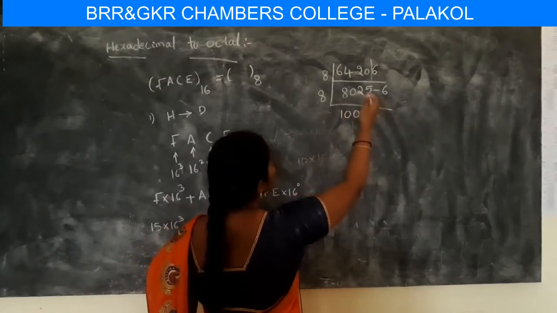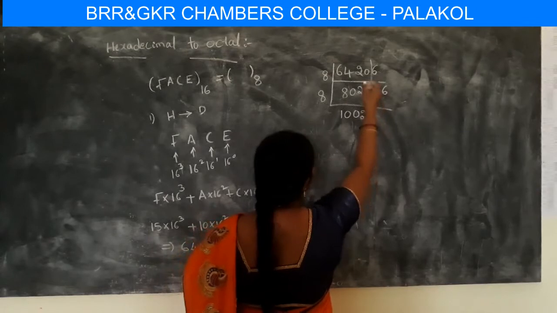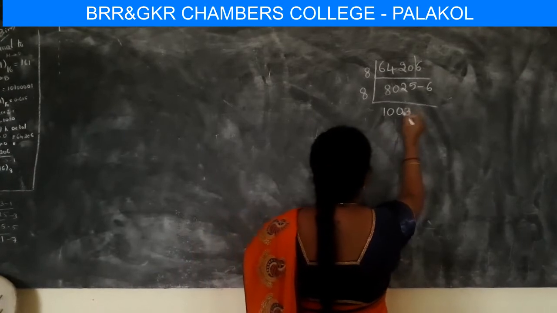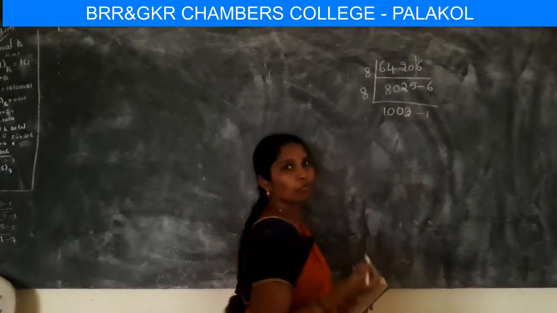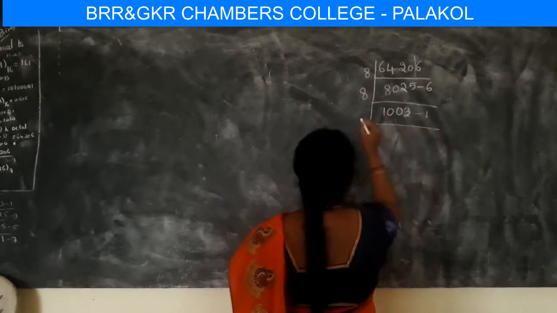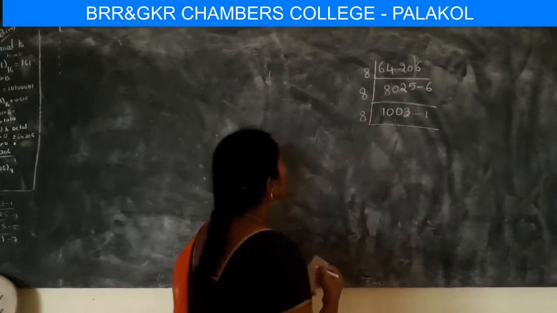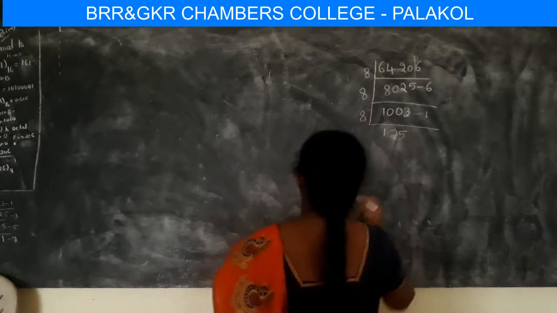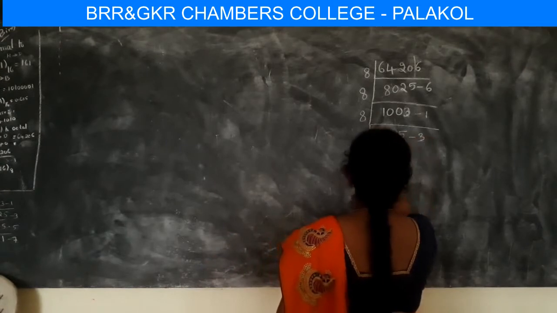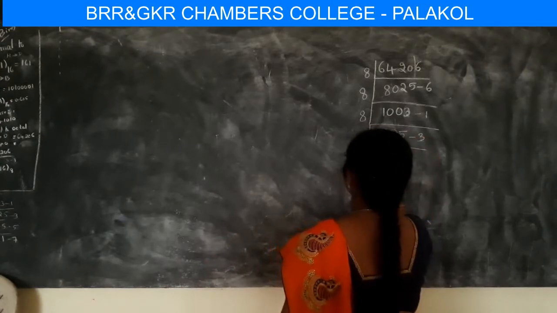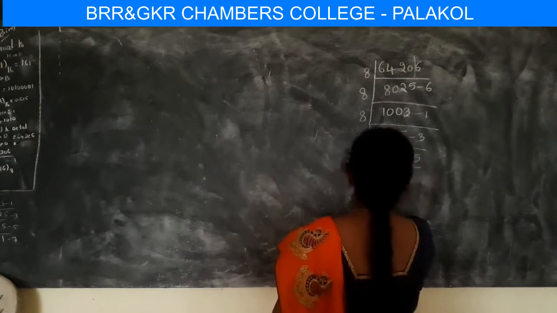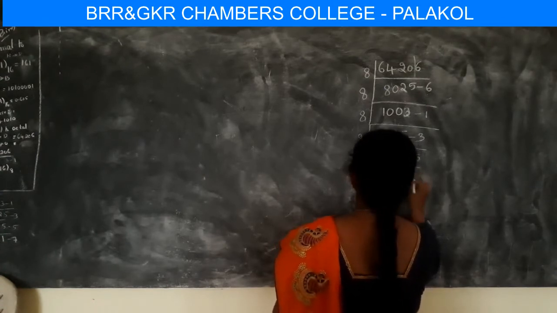So, here the 9 is there. So, here the 3. So, likewise. Okay. And after that, this is 3, and the remainder is 1, and again we will divide with 8. So, here that is 125, okay. And the remainder is 3, and this again divide with 8, and this is 15, and the remainder is 5, and again divide with 8. So, 1 8s are 8. So, the remainder is 7.